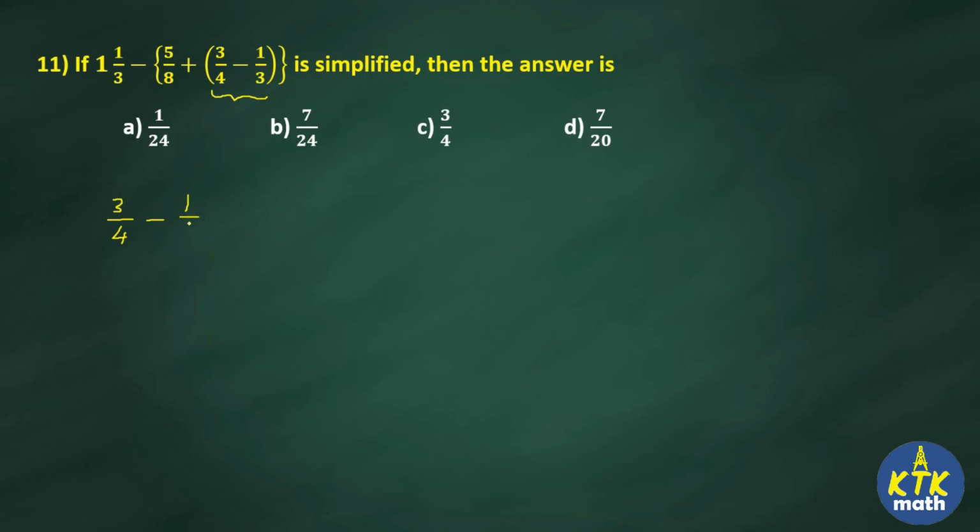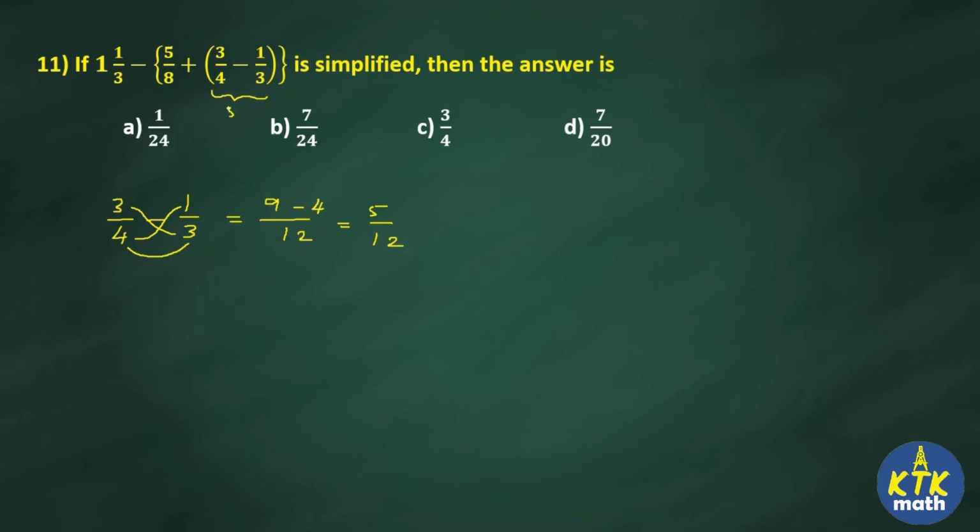minus 1 by 3. You check the denominators. Denominators are different. So I am going to use the cross multiplication method. 3 3s are 9. 4 1s are 4. Divided by 4 3s are 12. So what you will get? 5 by 12. Okay, I hope you know how to cross multiply. So you should multiply this 3 here and then this 4 here and then the denominators. 3 3s are 9, 4 1s are 4 and then 4 3s are 12. So whenever denominators are different, you can use this cross multiplication method. So in the first bracket we got the value 5 by 12.